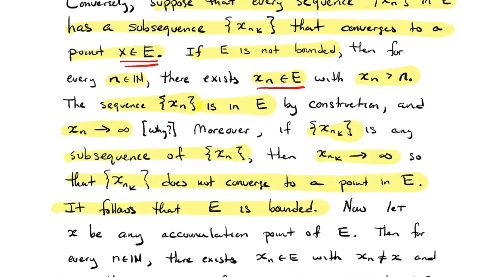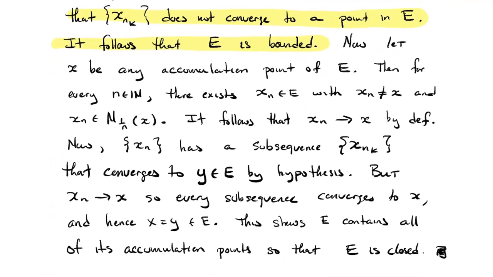Cool. Now I want to show you that E is closed, and I'm also going to use the same kind of logical structure. Actually, sorry, I'm going to give this one directly. I'm going to argue that any accumulation point has to be an element of E. So let's pick an accumulation point of E, call it X. I think this is already starting to feel like a familiar construction. If you have an accumulation point, it means every epsilon neighborhood has infinitely many points in it, or every deleted epsilon neighborhood has a point other than X